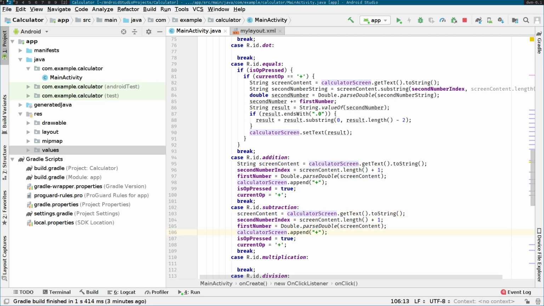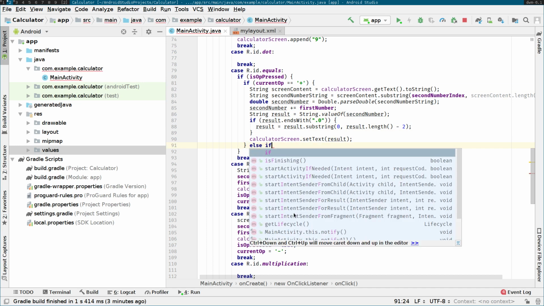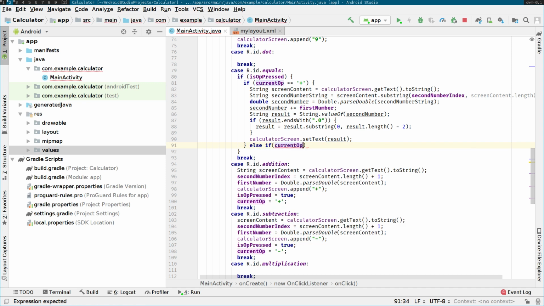We have to change some stuff here. For example, instead of appending an addition sign, we will append a subtraction sign. And instead of current op being the addition sign, we'll set it to a subtraction sign. Okay. Now, on the equals thing, we will do something different. As you can see, all of this is done only if the plus sign is pressed, but we can optimize this a little bit more. Of course, we have to type else if current op equals subtraction. Okay,